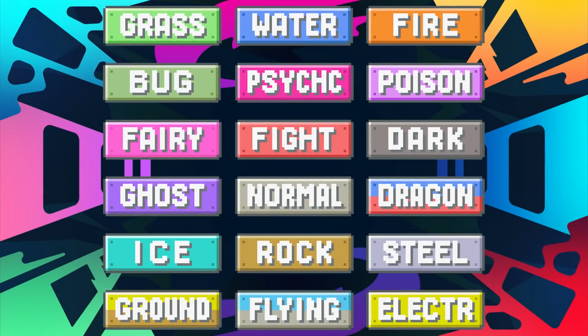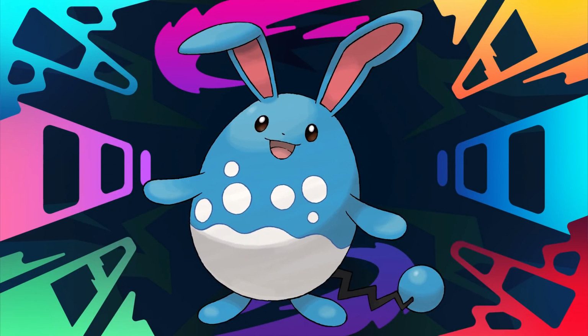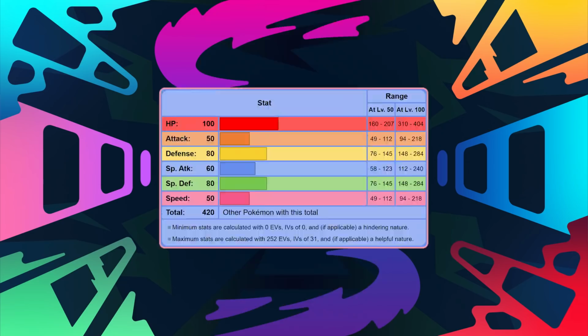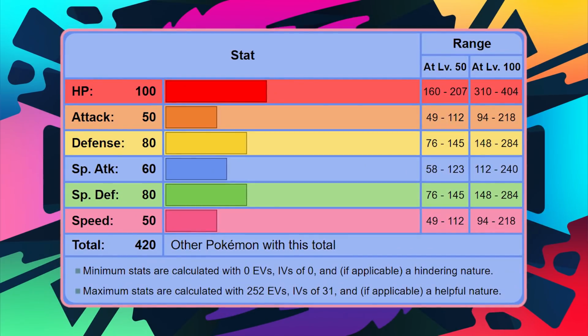You know, there's a lot of repeat dual typings on this list you'll come to see, and we've got one right now with our second Water Fairy type, Azumarill. This thing is really good, you guys, with the ability Huge Power doubling its attack stat. That's a massive part of what made Azumarill into a popular, powerful option when it gained the Fairy typing back in Generation 6. So while its base 50 attack doesn't seem like much, Huge Power can come together with max